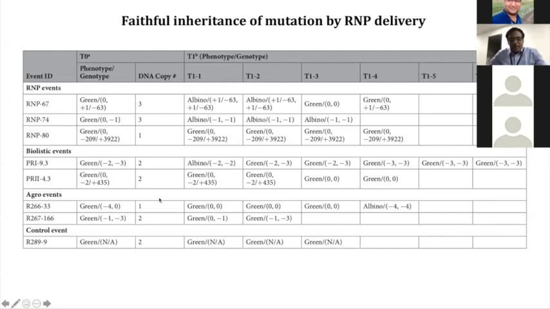The reason being that if you have a construct inside that encodes for CRISPR reagents, you will have continuous editing happening. That depends on whether you have recovered a cell that is edited or a cell that is recovered but is still editing. So that's called continuous editing. In that case, it becomes difficult to predict what type of mutations are going to be inherited in the next generation.